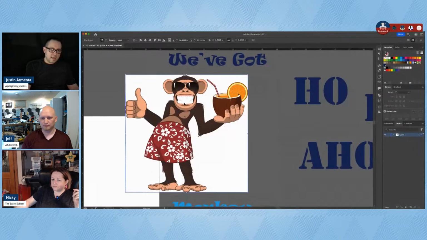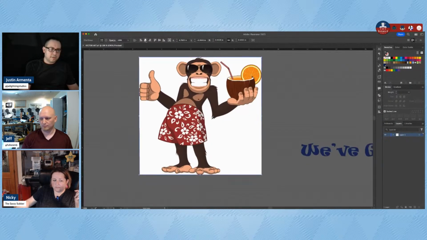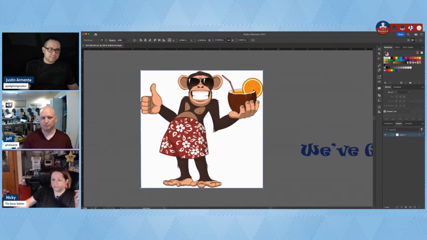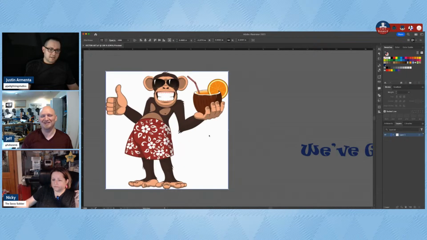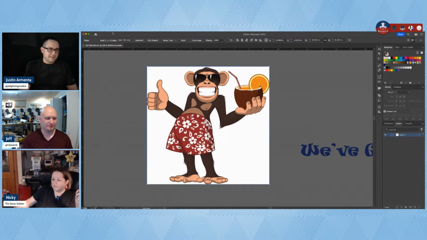So let me show you in Illustrator. If you have it selected, you could actually go to, where's trace? Image trace. Oh, it's got clipping masks and stuff. That's a whole other subject matter. So going into image trace,